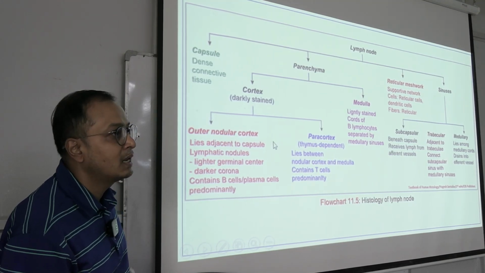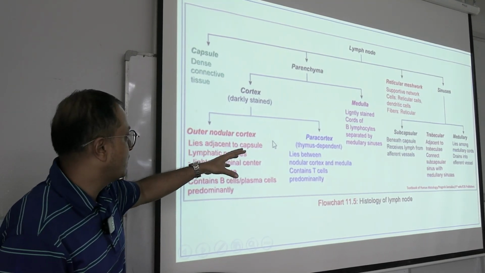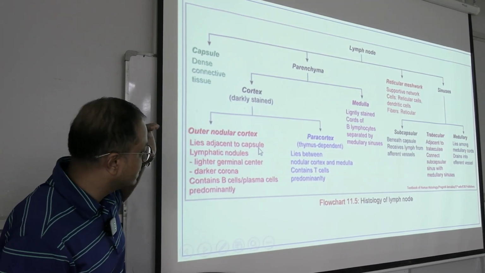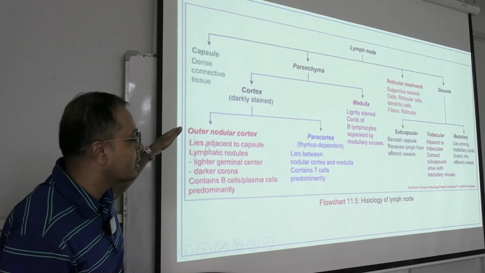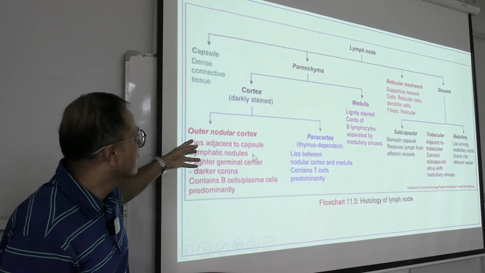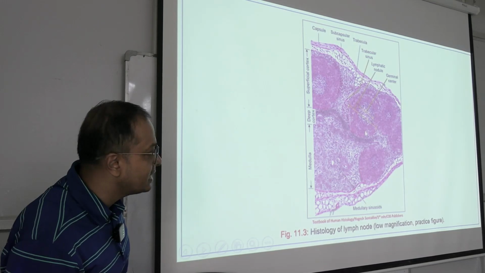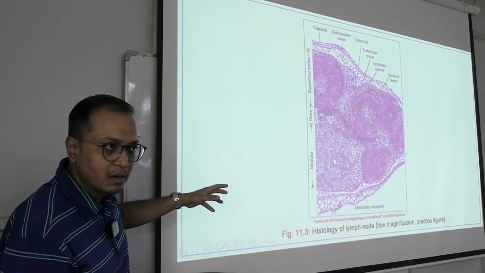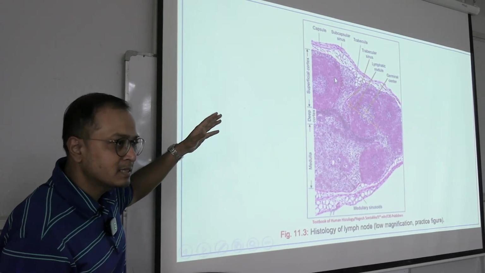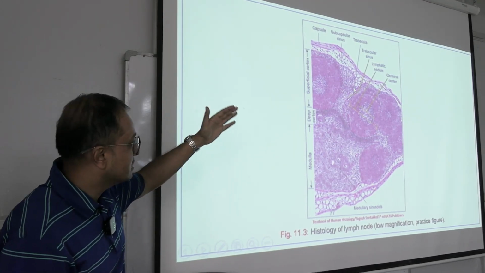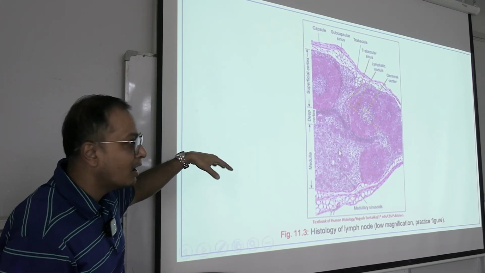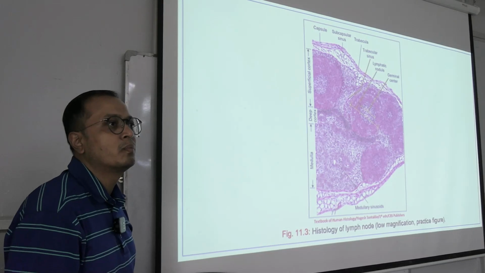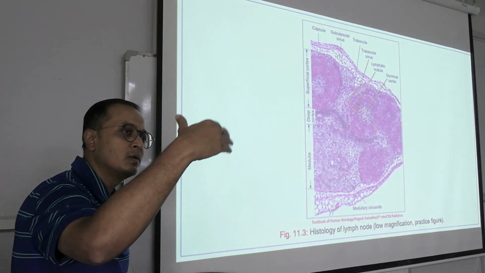Cortex is filled up with collections of lymphoid nodules. These lymphoid nodules contain a central part which is a germinal center, and an outer circular part which is darker stained. So the central part is light stained and the marginal part of the nodule is darker stained. That's it. Whenever you are seeing this histology slide, the cortex and medulla can be identified by this: the cortex is dark stained, the medulla is pale stained. So this is a visible distinguishing feature demarcating how much is cortex,